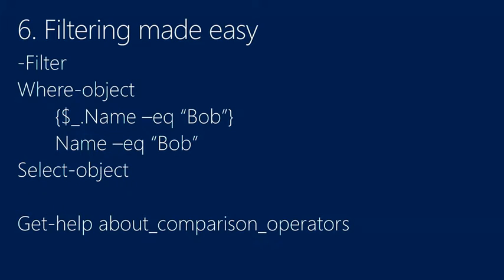If, however, a commandlet, or one of those get commands, does not have a filter switch, we can use that second construct that we have on there, the where object command. You might say there's just where, same thing. Where object or where, it's the exact same commandlet. Now, I've got two lines up there. Where object, open braces, $_, name equals Bob, or just name equals Bob. The top one with the braces will work on any PowerShell session regardless of what version of PowerShell. The one without the braces will only work on PowerShell 3.0 or newer.